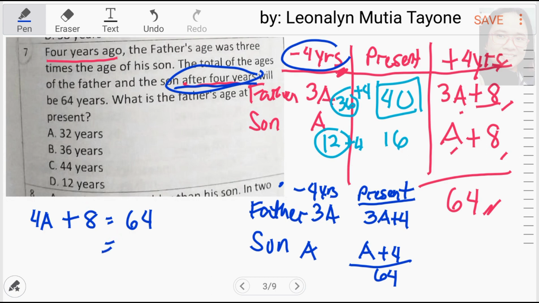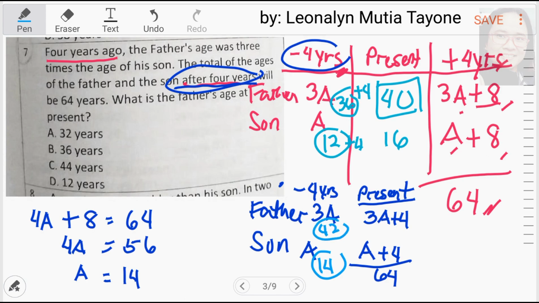Ang 8, i-transpose natin sa kabila, maging negative 8, or 64 minus 8, and that is 56. 4a. Para ma-isolate si a dito, si 4 pang divide sa 56. 56 divided by 4, and that is 14. So, ang edad ni son ay 14, at saka ang edad naman ni father, 14 times 3, that is 42,